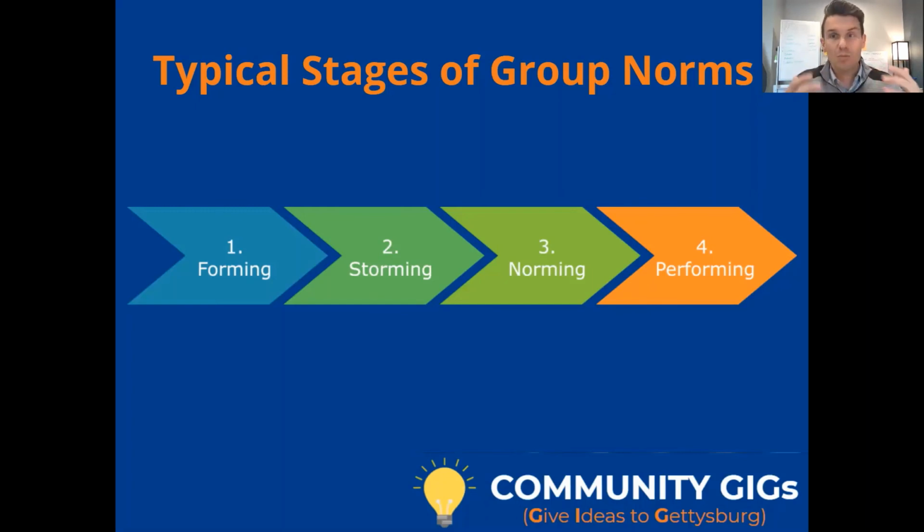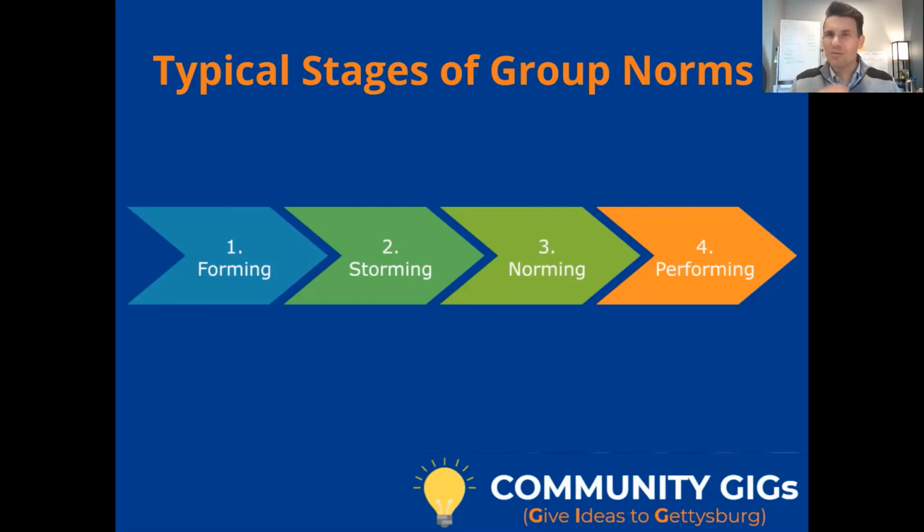And forming is what we're doing right now. We're getting to know each other. We're trying to get a sense of who each other is, what we have to bring to the table. At some point, we're going to go through a storm. And this is when there's conflict or some kind of challenge or problem that the group faces. And this is not a bad thing. This is necessary for groups to be able to perform, because what storming does is test out some of our assumptions and the way we think about the group work.